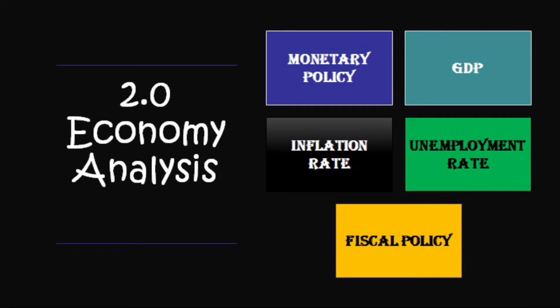Secondly, GDP, also known as gross domestic product. It is a measurement that seeks to capture a country's economic output. The growth of real national income is used to measure the continuing economic growth rate achieved by a country. Thirdly, the inflation rate. Inflation is a sustained increase in the general price level in an economy. In 2019, the average inflation rate in Malaysia amounted to about 0.6% compared to the previous year.